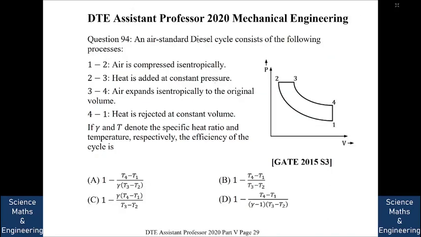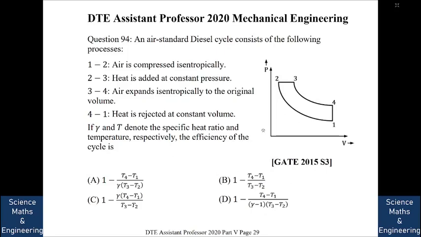So next question. An air-standard diesel cycle consists of the following processes. From 1 to 2, air is compressed isentropically. From 2 to 3, heat is added at constant pressure. From 3 to 4, air expands isentropically to the original volume. And from 4 to 1, heat is rejected at constant volume. Now, if gamma and T denote the specific heat ratio and temperature respectively, the efficiency of the cycle is,